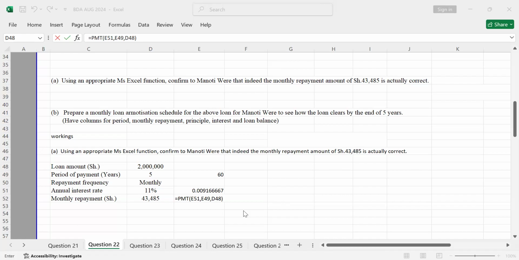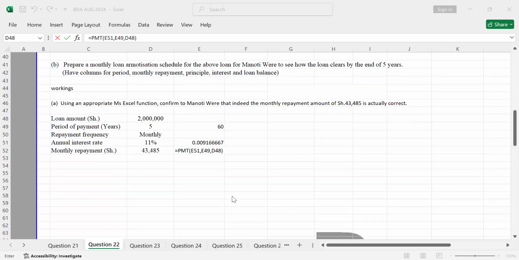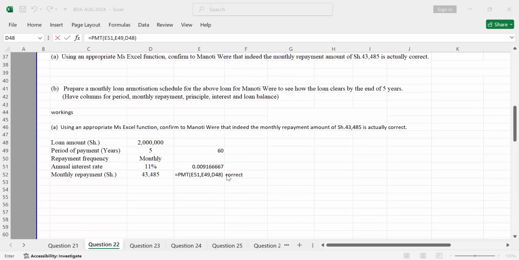Now we proceed. I'm hoping no one else is having any issue on that. Once you do that, you press enter. And since here it is a negative, make sure that you begin with a negative. Negative is just next to 0. Just place the negative there and then okay.